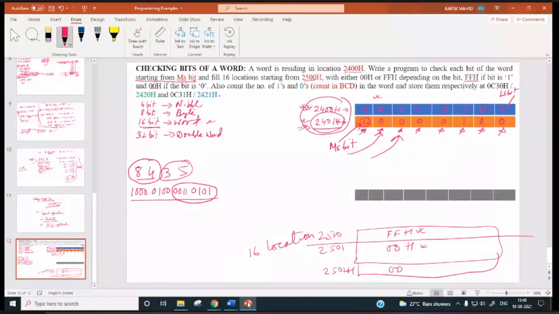Since the MS bit is 1, the first byte at 2500H will be FFH. Now if the MS bit is 0, then this will be 00H. And if this bit is 1, then it will be FFH. So this way you have to fill the 16 locations.